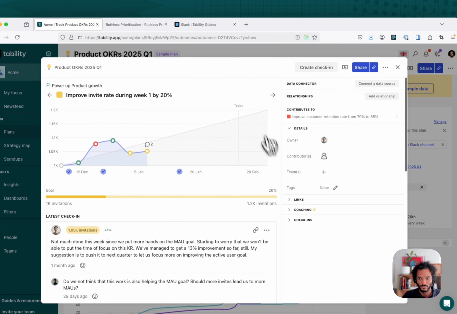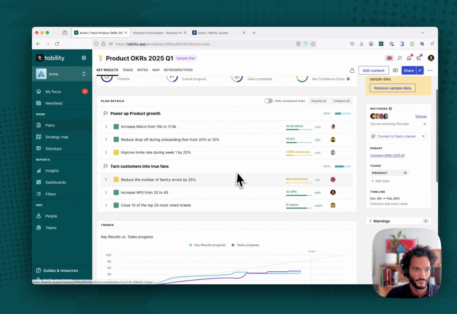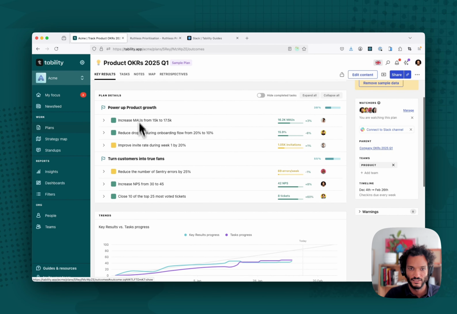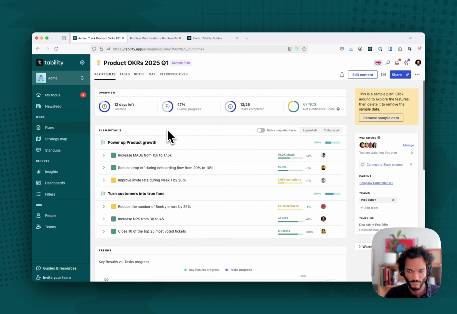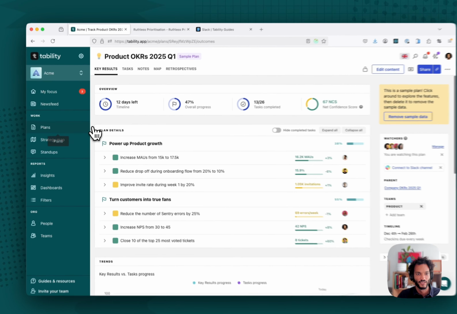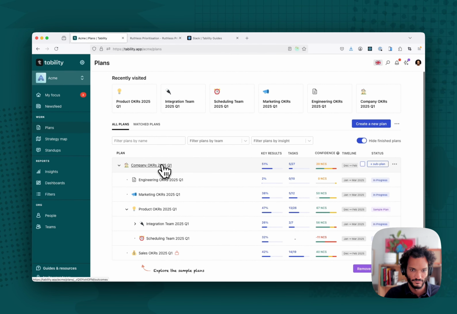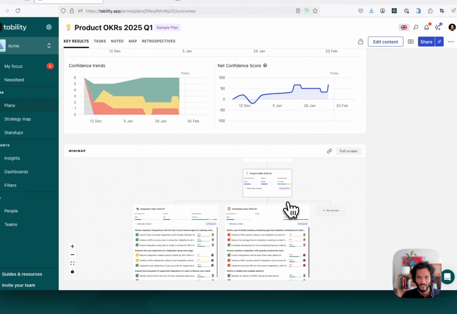Another thing that is important, right? So you saw here, and we're going to talk about dependencies again. If I want to understand what the goals are connected to, let me pause. Let me reference that. So here, let's step back. I have my company OKRs here. I have my product OKRs that are there. And as we could see before on that plan, right? I might have some items,